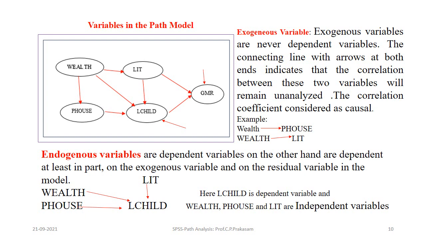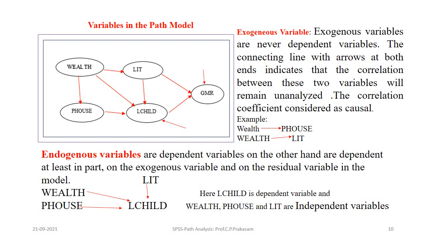The type of variables will become endogenous variables. But when you look at the diagram once again, from the mean number of children, that is L child, an arrow is shooting to the girls marrying less than 18 years. Similarly, from the literacy level, an arrow is shooting to the girls marrying less than 18 years. That shows that the dependent variable, which was among the earlier exogenous variables, will again become an independent variable for the girls marrying less than 18 years of age.